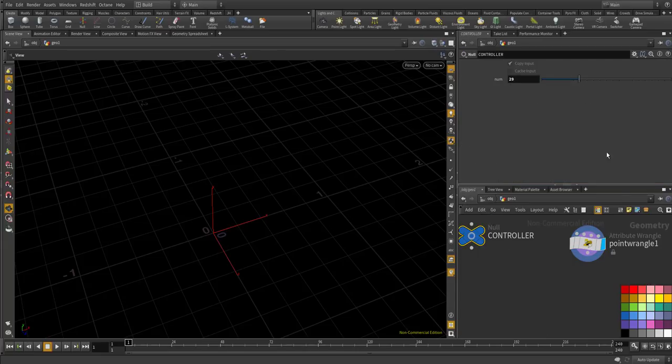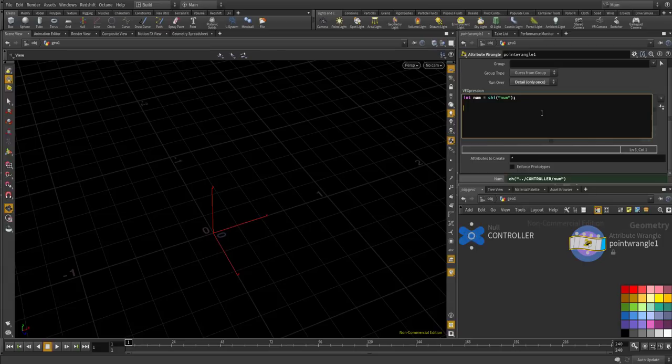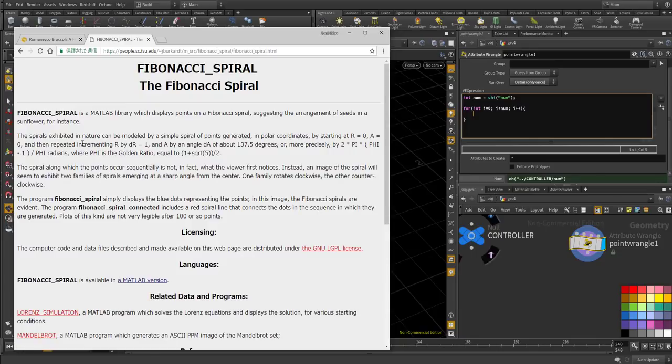Okay, now let's create some points. For int. Now first thing, I think I need to refer to the website which has equations to create a spiral. So let's look at it, and let's say it says the spiral exhibited in nature can be modeled by a simple spiral of points generated in polar coordinates by starting at r equals 0, a equals 0, and then repeated increment. Okay, so basically I need to have